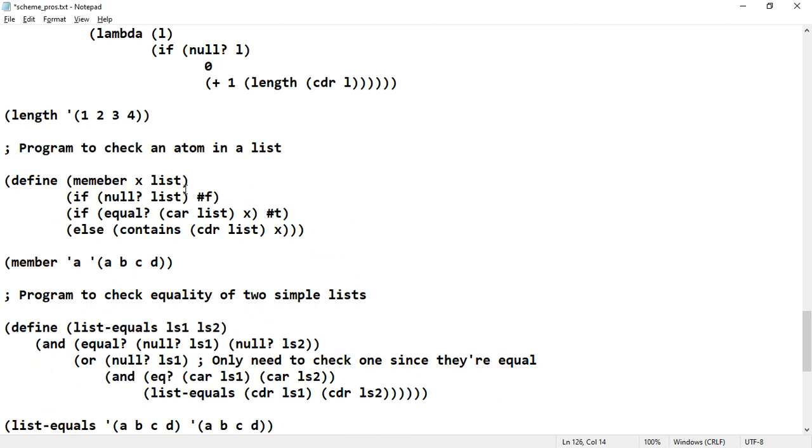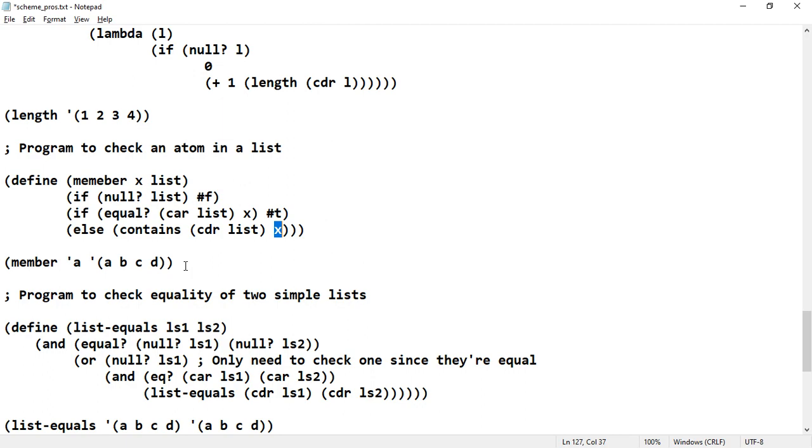If null, obviously checking whether the list is null or not, then equal of car, that is the first element of the list, is compared with the atom that you supplied. If both are equal, then return true. Otherwise, check again the rest of the list with the atom that you supplied. Recursively perform this operation so that you will get whether the given atom is available in the list or not.